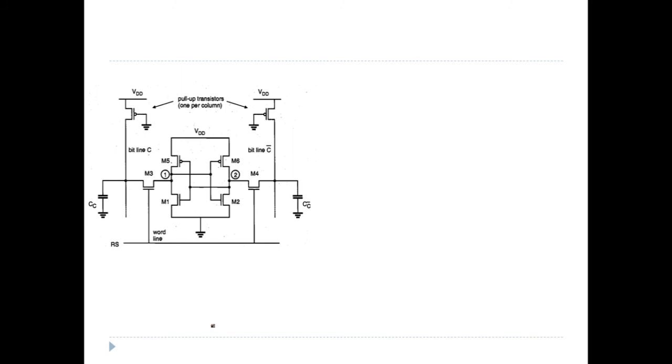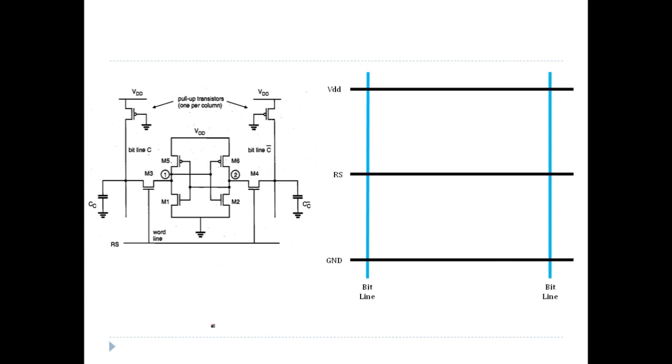Okay, then let's try to draw a static SRAM cell using CMOS, and let's draw a stick diagram for this. In this case, I have added a few animations so that it will be easier for us to understand. Here I am going to use a convention that VDD should be at the top and ground at the bottom, and the rest of the circuit should lie between VDD and ground. So let's first draw the bit lines, which are vertical and use metal, and then I'll draw VDD and ground.